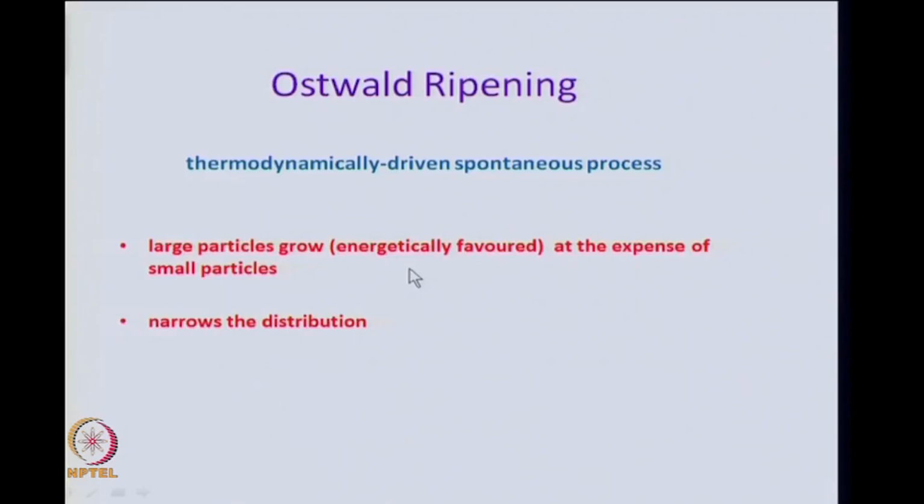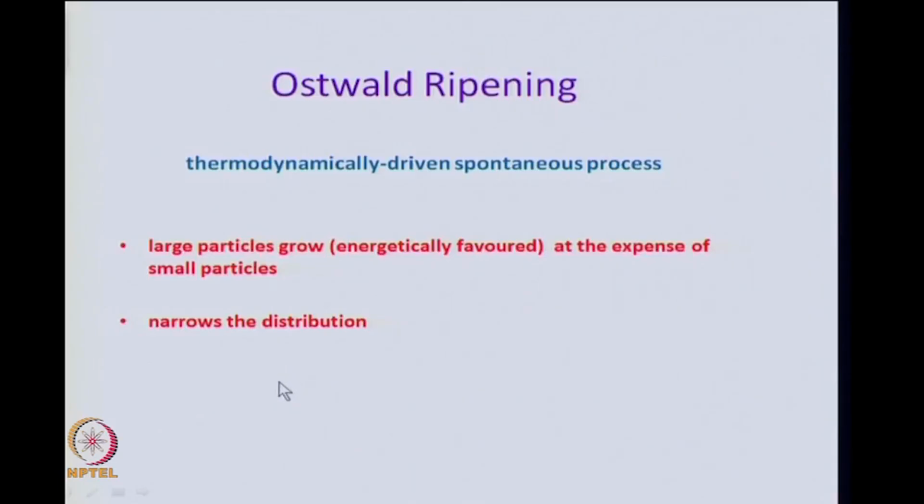So initially you will have particles of very small size, then particles of various sizes, and at equilibrium you will have a majority of particles at one particular, large size, and the size distribution will become very narrow as time goes on. This is the Ostwald ripening process, and as I said earlier, it is a thermodynamically driven process and it will occur spontaneously in any system